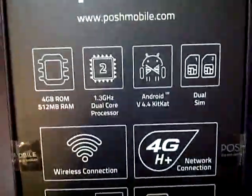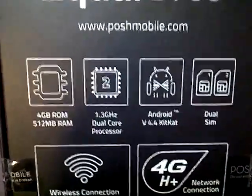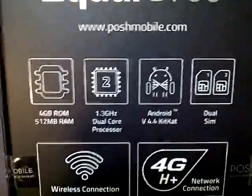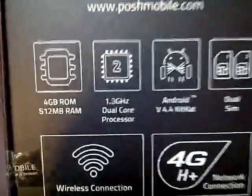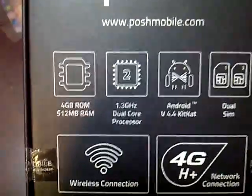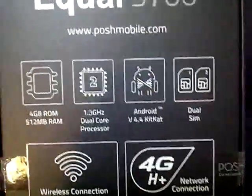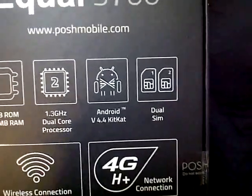The phone comes pre-installed with 4 gigabytes of ROM, which is your storage capacity. I have a 32 gigabyte SD card on top of this, which is all I believe it accepts. I don't think it goes to 64 gigabytes, but you can attempt to try it and see. I don't have one, so I can't try it. It also has 512 megabytes of RAM, which is for the performance of the device. It's pretty low end, but for an $80 US phone, how are you going to complain against that? It also comes with a 1.3 gigahertz dual-core processor, Android 4.4 KitKat, and it is a dual